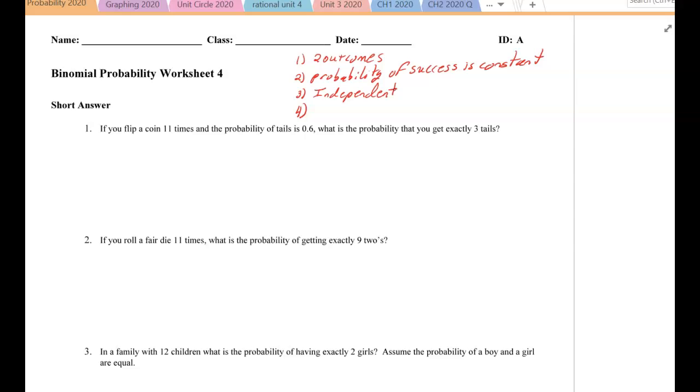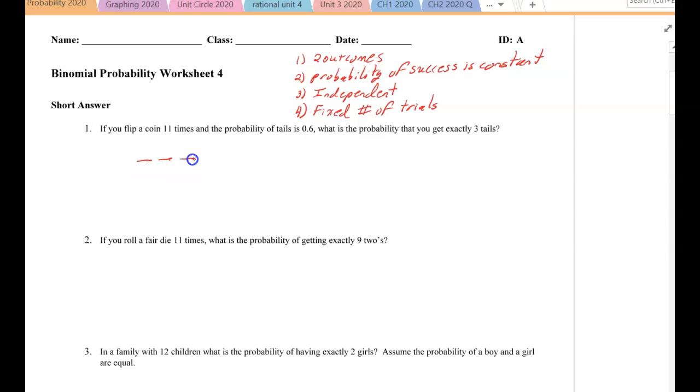And then the fourth thing that needs to be true for binomial probability is there is a fixed number of trials. So for this particular case, you're flipping the coin 11 times. So these are the four things that need to be true in order for it to be binomial probability. If you take a look at number one, a way students did this problem last year is we would draw